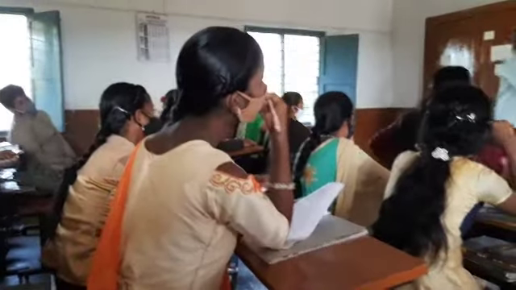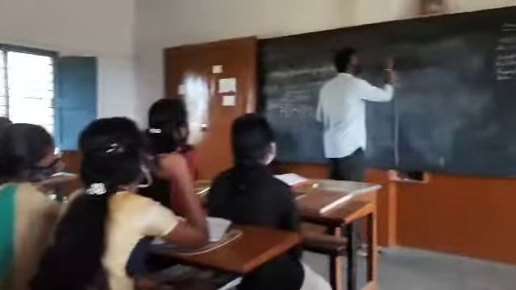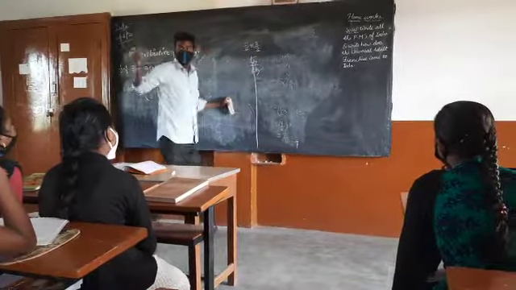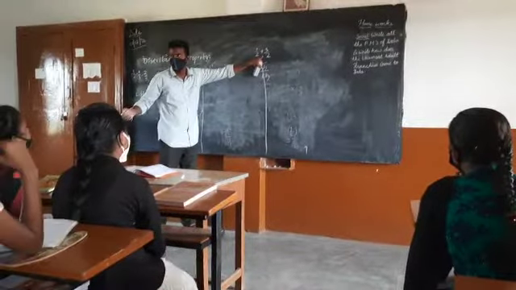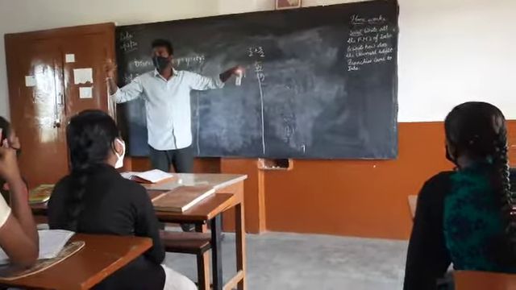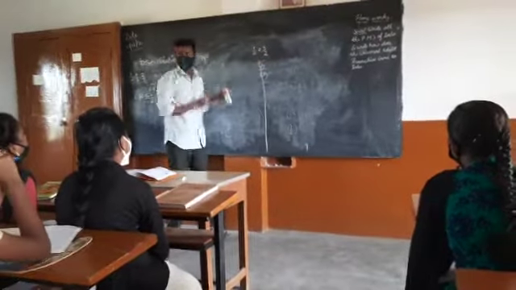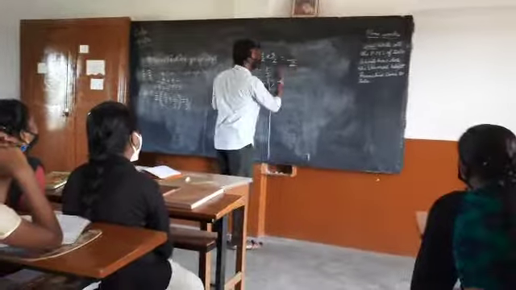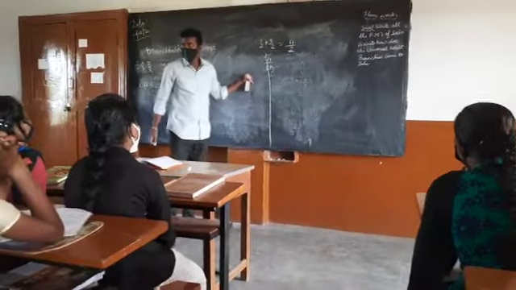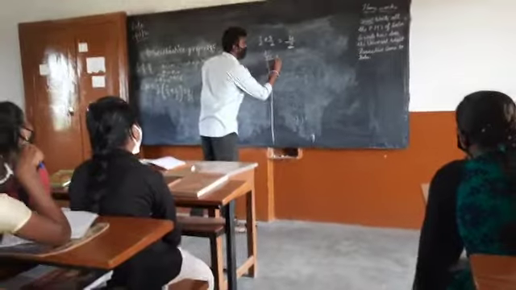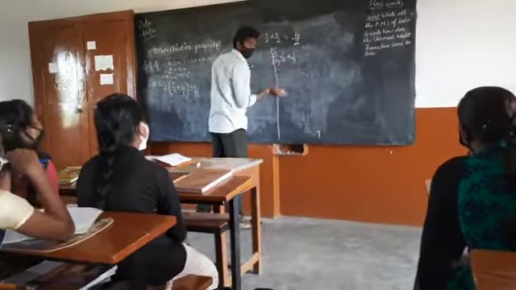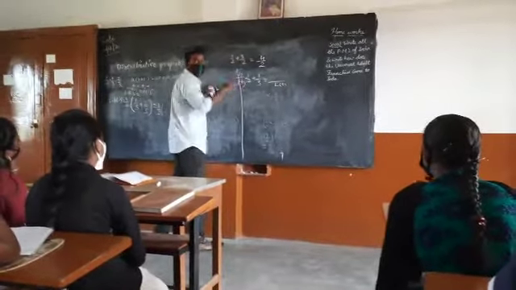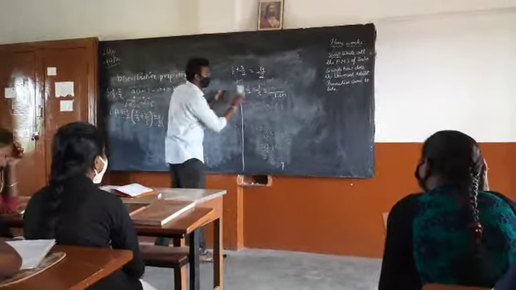Okay. Let me clarify the addition process to you. Suppose 1 by 2 plus 3 by 2 is there. Whenever it is the addition or subtraction of two rational numbers, you want to have the denominators as same. If they are already same, you don't need to convert. You can directly take the denominator as same and add them. Understood? If they are not same, then you will find the LCM and do the rest of the process. Understood? Do not get confused.